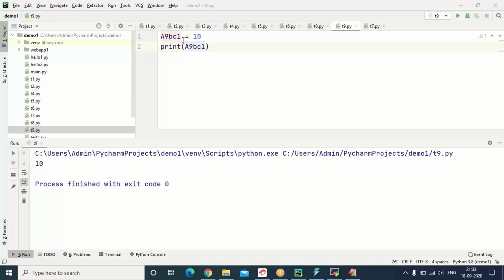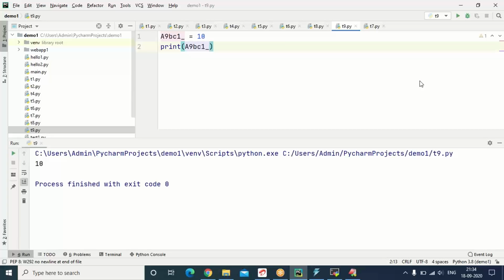Then, what about special characters? I'm just choosing underscore. Let us see whether underscore is allowed or not. Try running. Underscore is allowed. Please observe, one special character, underscore, is allowed.